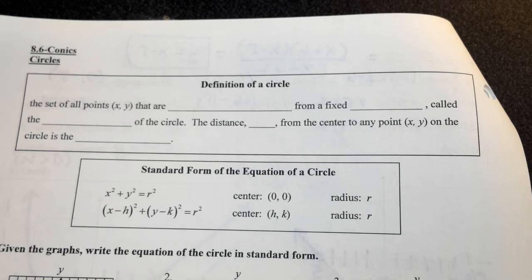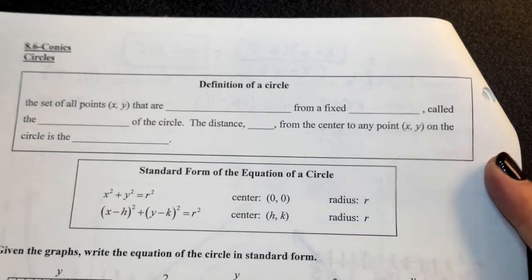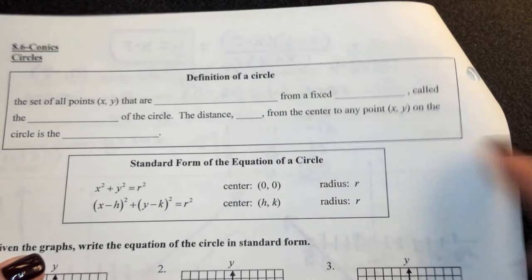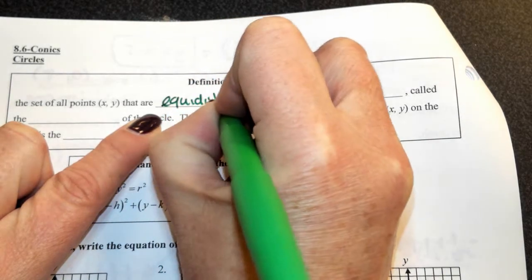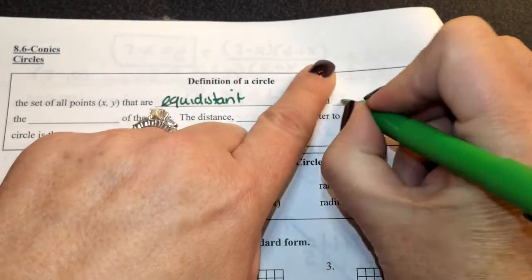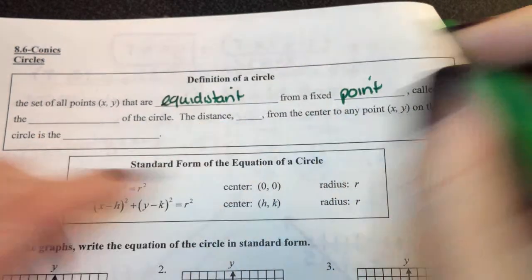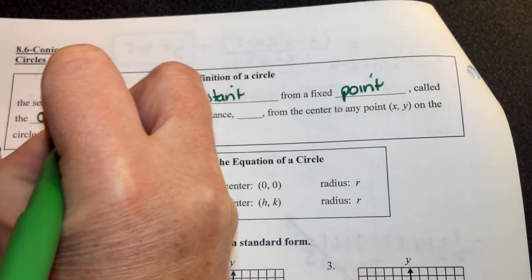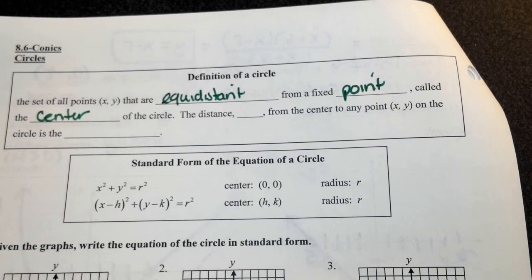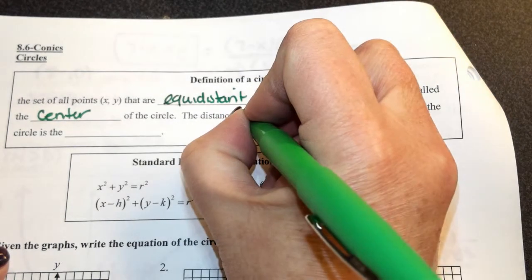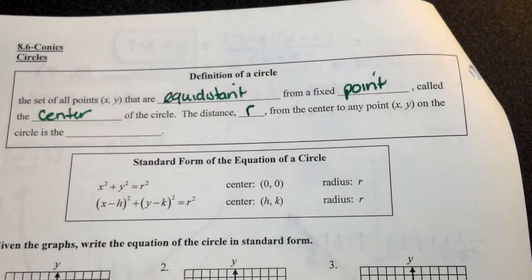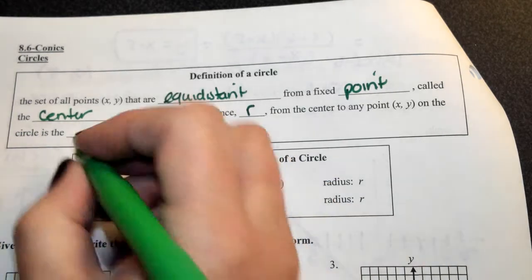Back in geometry, you spent a lot of time talking about circles. And just to review the definition of a circle, it's a set of all points that are equidistant from a fixed point, which you remember we call the center of the circle. So the definition of a circle: you have points that are equidistant from a fixed point called the center. The distance, which we refer to as r, from the center to any point on the circle is called the